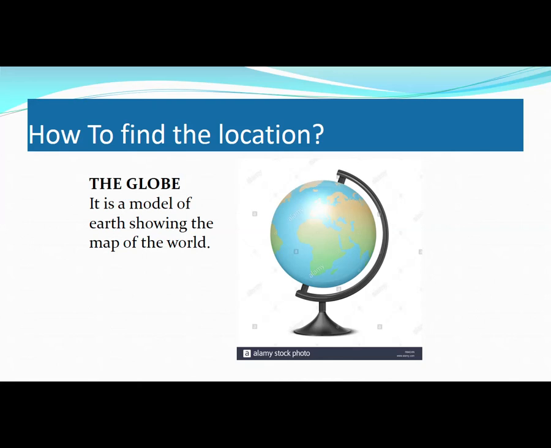All the countries, all the oceans, the continents, the cities, all we can find on the globe. It is used to locate places, continents, countries, oceans, rivers, seas, cities, and we can also see the sea routes and the air routes on it. We can say it is a small picture of a very large area. So we can find each and every country or city or whatever we want to locate on the globe.